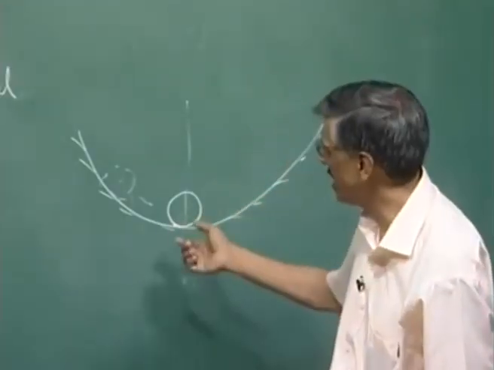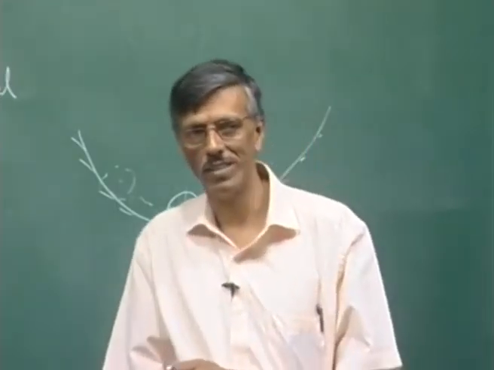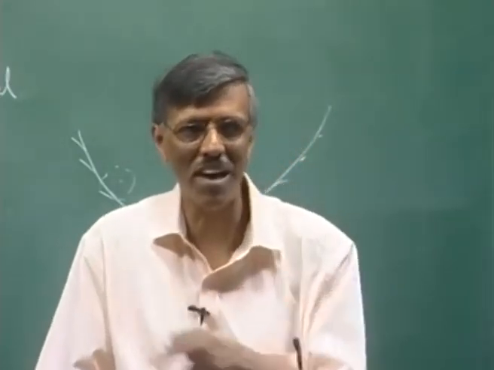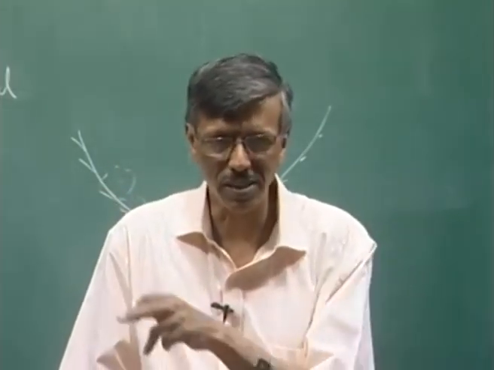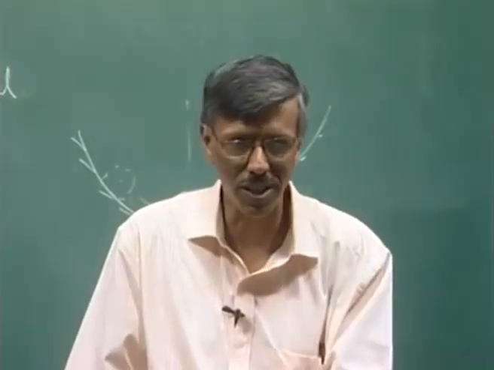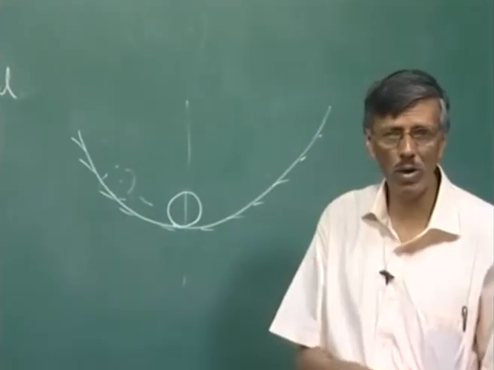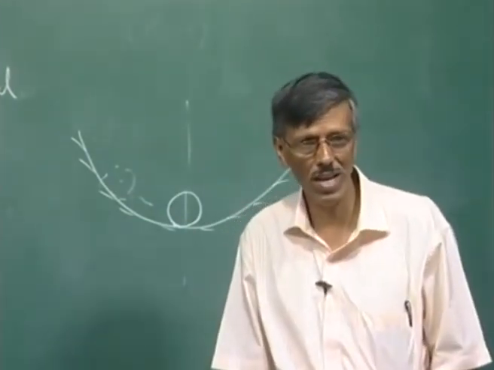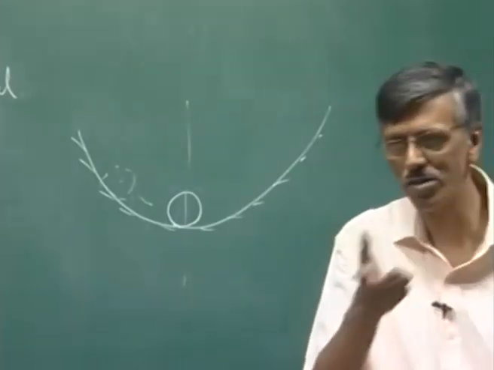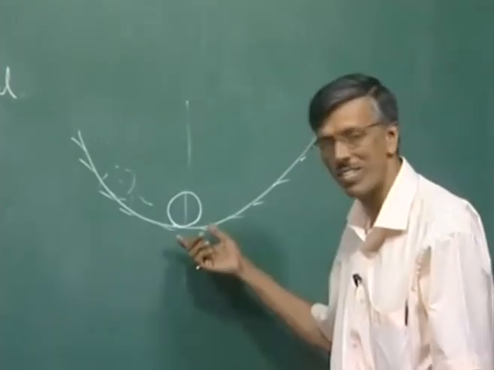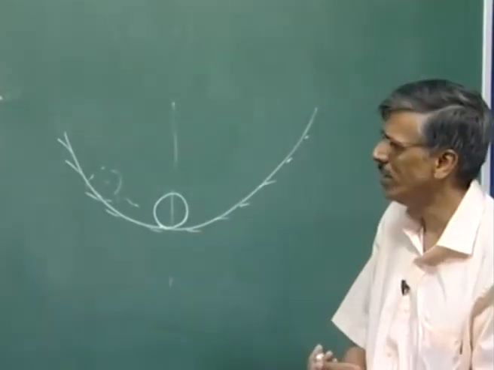Why? Because in the disturbed position, it has the tendency to come back, but we do not study its time varying motion. Even if we do, we know that because of the friction, its amplitude of oscillation will come down and it will settle to the lowest point. What is the property of this lowest point? It is a lowest potential energy configuration, right. So, the system wants to reside in the lowest energy configuration, that we all know from high school physics.